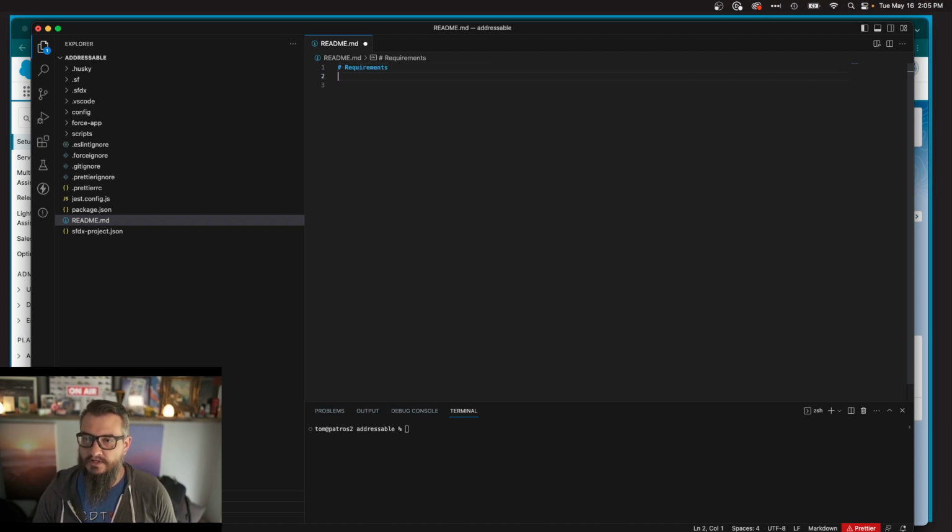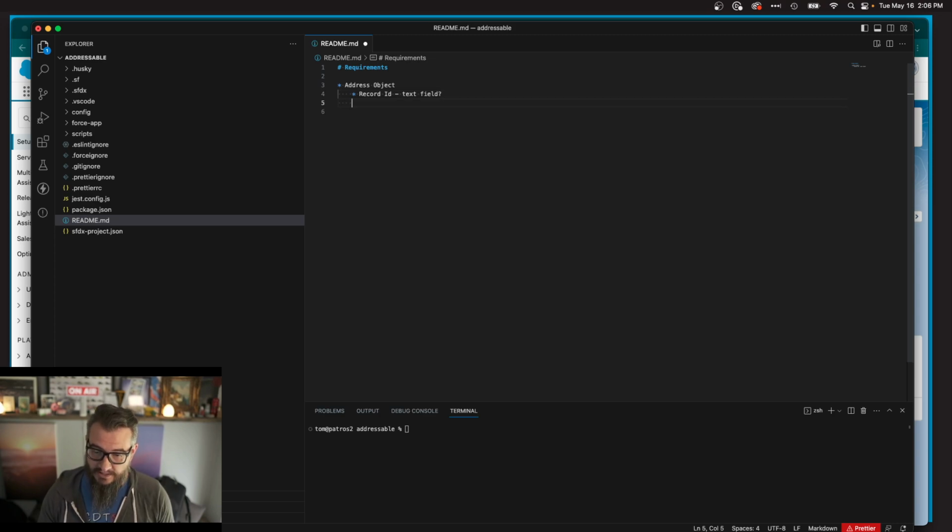We're probably going to need some kind of address object, right? A custom object for that. What are we going to need on that object? Probably a Salesforce ID, which I think is a text field. I do this a lot. I'll create a record ID field, which is kind of like a generic field, a semi-polymorphic design. So you can pass it a record ID, and then optionally, if it makes sense,